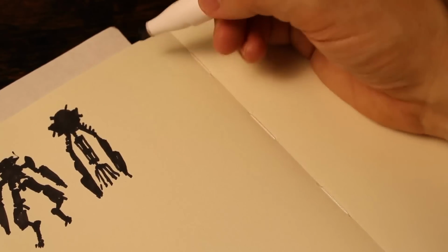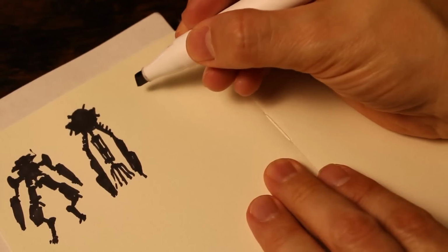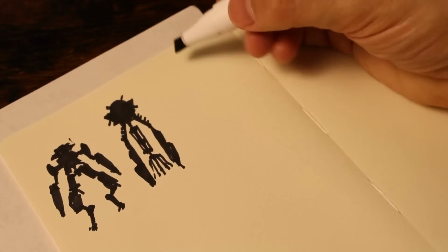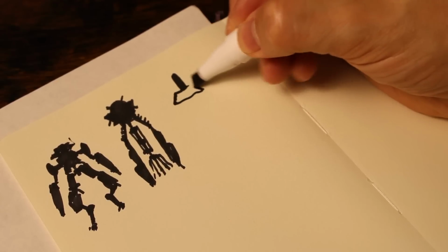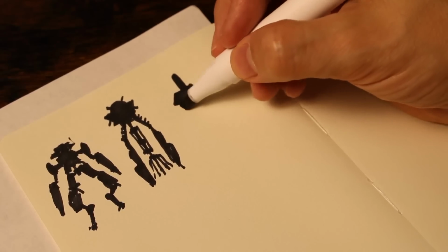So let's try something a little more gargantuan here. So we have a rounded head there, we have a rather flat head there. Let's see if we can make a tall skinny one. That'd be kind of neat. Okay, maybe it's a shorter one. Maybe the torso is pretty big. Okay. You see how when I'm drawing this,